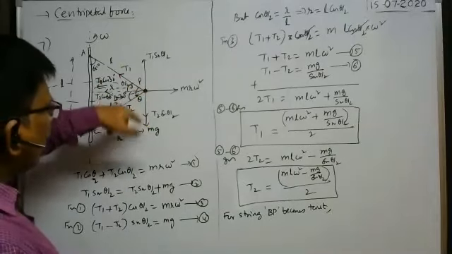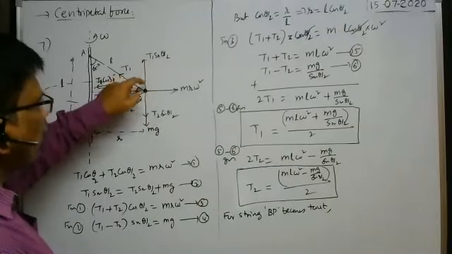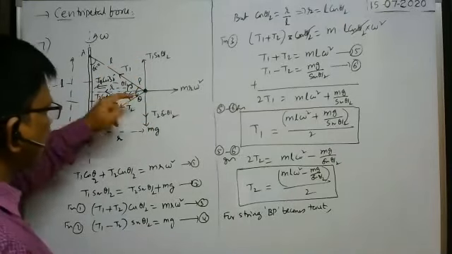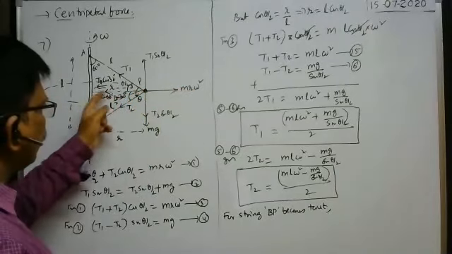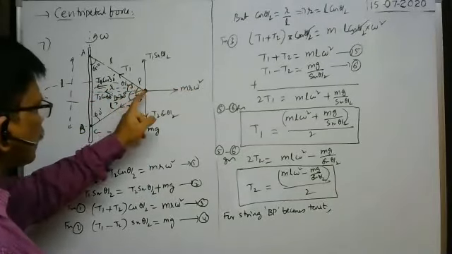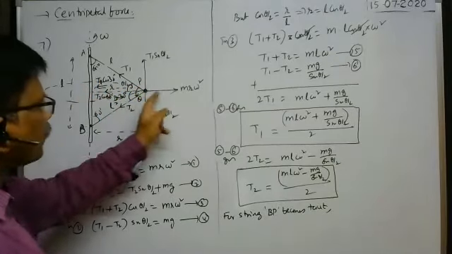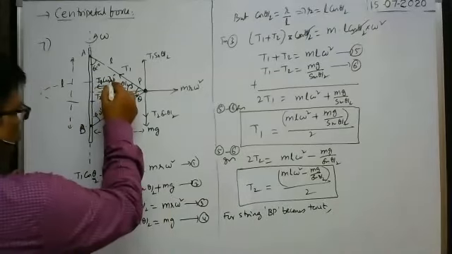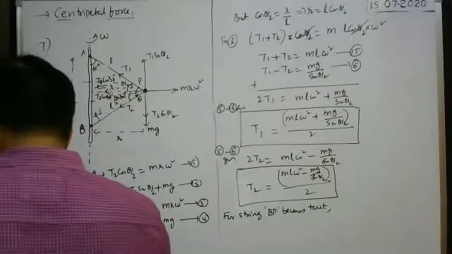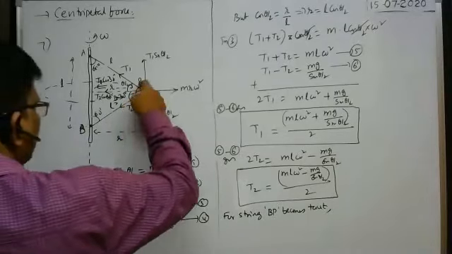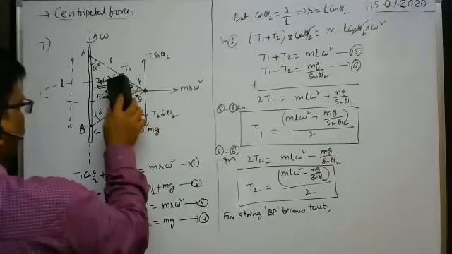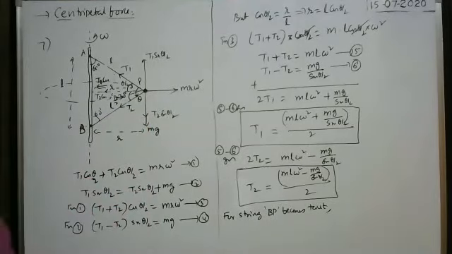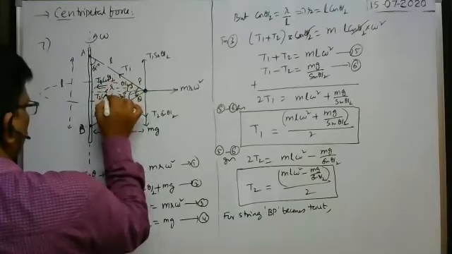Here, along vertical direction, T1 sin theta by 2 acts upwards and the sum of these two acts downwards direction. Along horizontal direction, m r omega square, r meaning the radius of this circular path, which is the distance of the particle from the axis of rotation, acts in this direction, and the tension components T1 cos theta by 2, T2 cos theta by 2 act in this direction. Actually, we imagine this total angle is theta. That's why this half of the angle is theta by 2. We can write theta by 2 here and here.